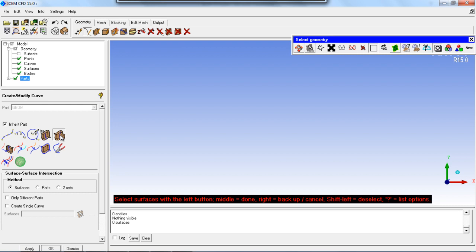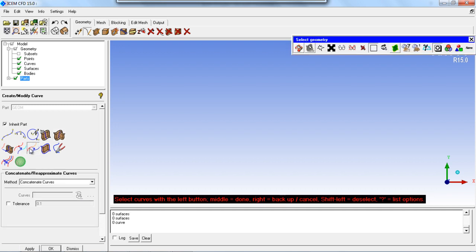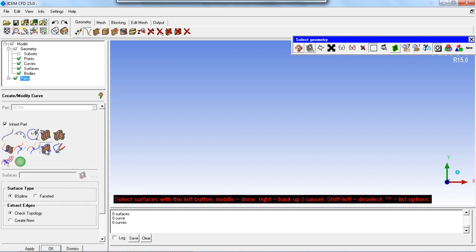You can get the curve at the intersection of the 2 surfaces, or you can get the curve on the surface by the projection, and you can segment the curve into 2 parts, or you can combine them. You can get the curves on the periphery of the surface.